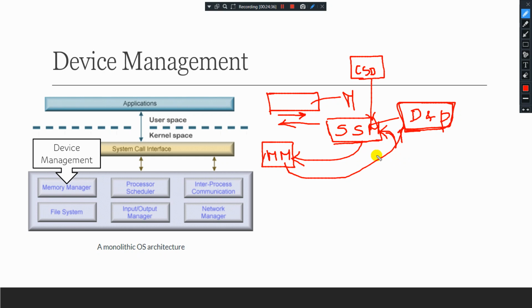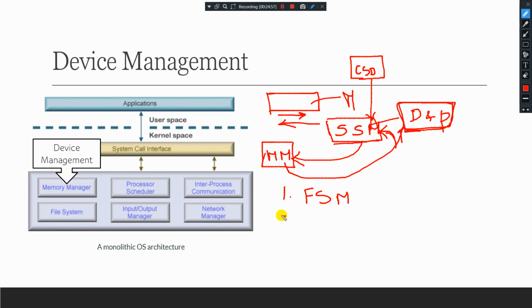Next, the operating system is responsible for most of the following activities. We will see three points. First, free space management.